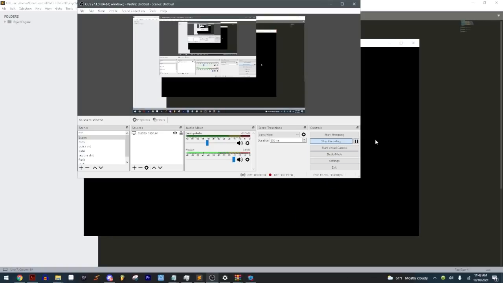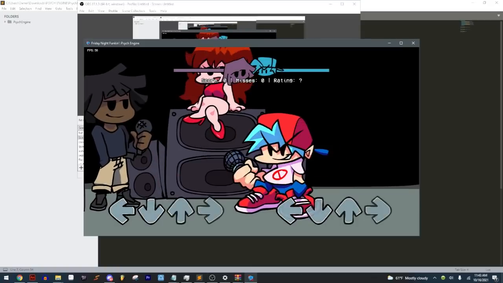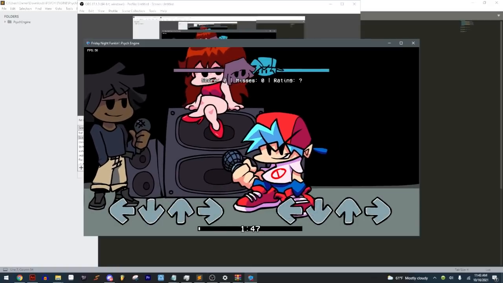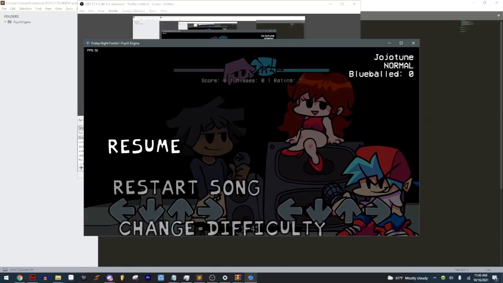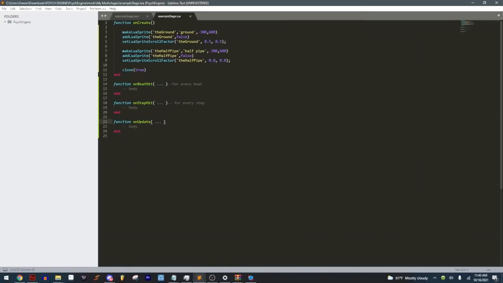And boom, loaded. Three, two, one, go. Now where's our half pipe? Oh, there it is. Okay, so it's a little too low. Oh shoot, no, wait, yeah, you did right. So half pipe needs to go a little further, like this much, maybe 0, not like 200, and then this one needs to go a little higher, so put it at like